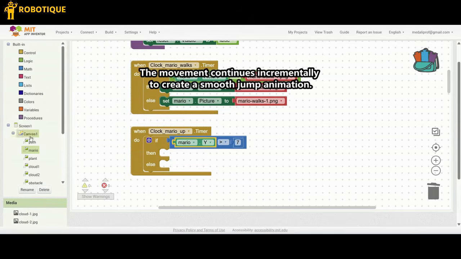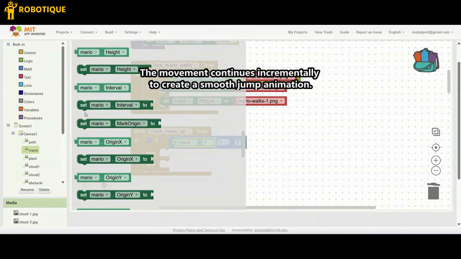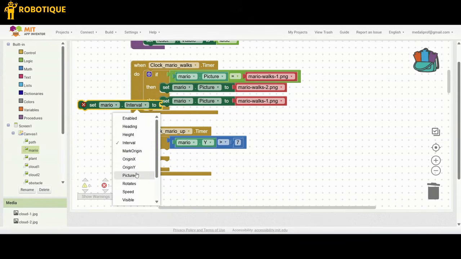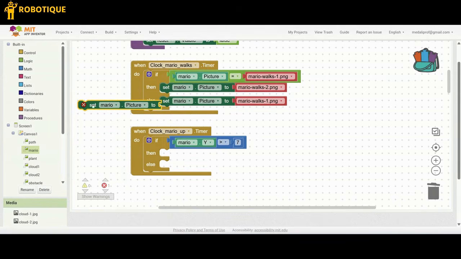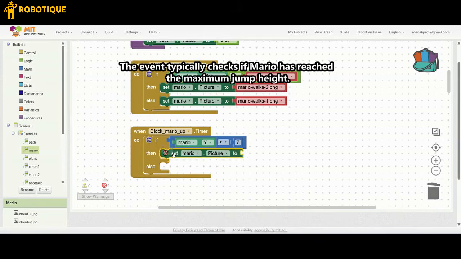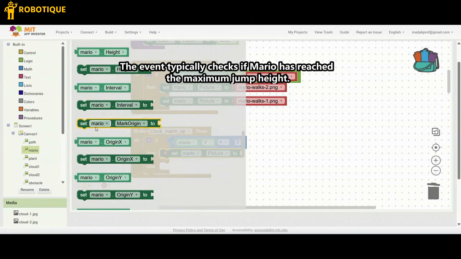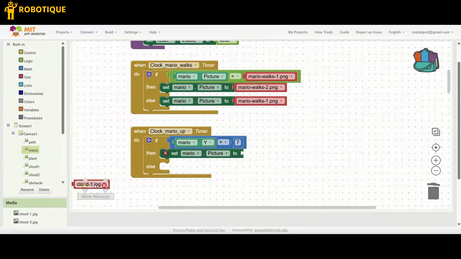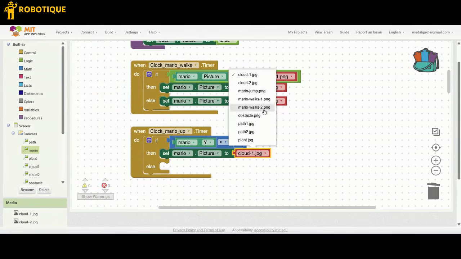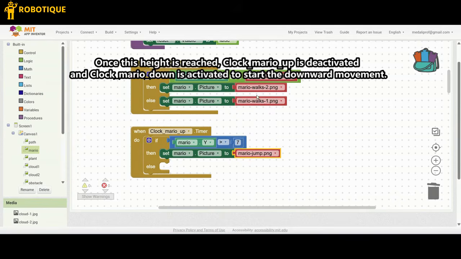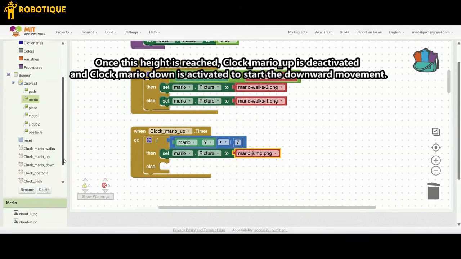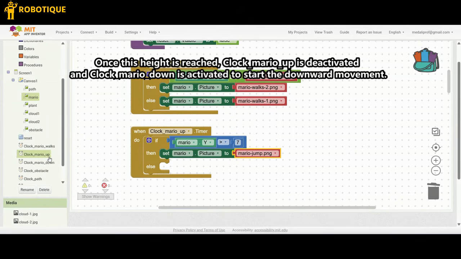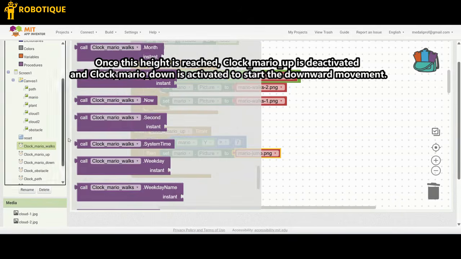The movement continues incrementally to create a smooth jump animation. The event typically checks if Mario has reached the maximum jump height. Once this height is reached, clock_Mario_up is deactivated and clock_Mario_down is activated to start the downward movement.